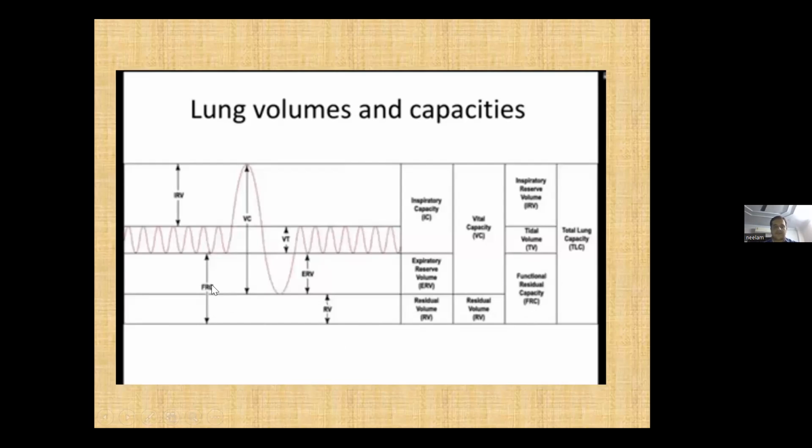Functional residual capacity. Okay, so what is functional residual capacity? It is the volume of air which is left inside the lungs after a normal tidal breathing. Okay, so all these waves you can see here are normal tidal breathing. Whatever gas is left behind in the lungs at the end of normal tidal breathing is what we call FRC. Okay, and FRC is nothing but a balance between the collapsing pressures and the distending pressure of the